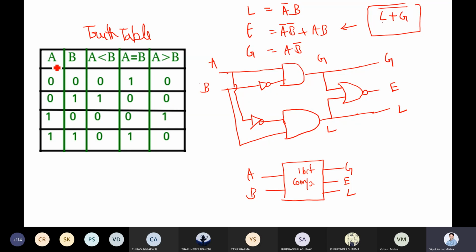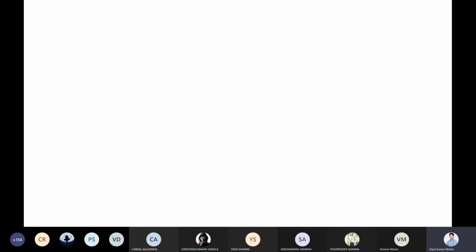Then only you can compare them together, right? So in that case, how many input combinations will be there? In short, you have A1, A0, B1, B0. So how many input combinations? 16. Right, 16 input combinations will be there. Simply 2 to the power 4, because you have 4 bits of information in total. So 16 combinations will be there, right?